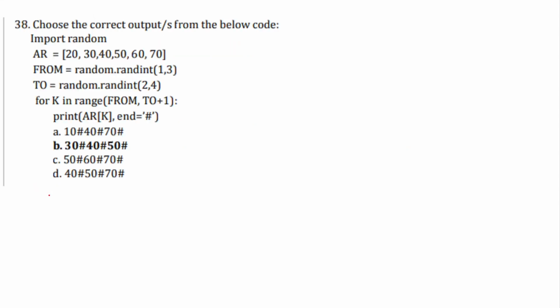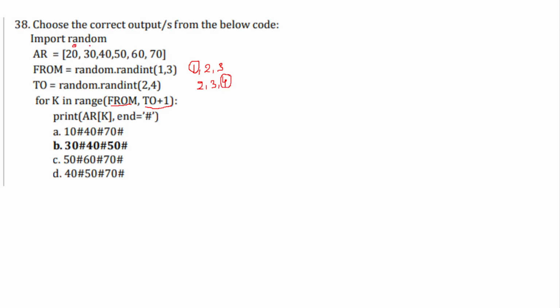We'll go to the next one. Choose the correct output from the below code. Now, from equal to random dot randint 1 comma 3. That means it will be having values 1, 2, 3. And 2 will be having the values 2, 3, 4. Now for k in range from 2 plus 1. That means from minimum 1 to 4.